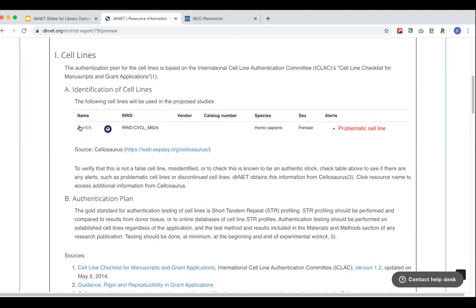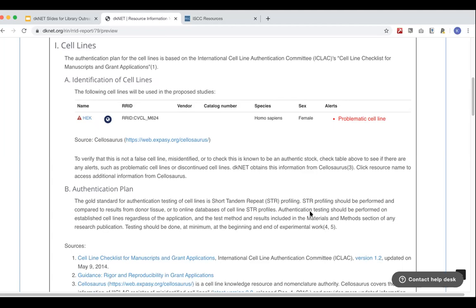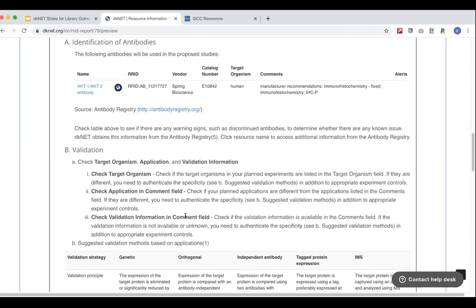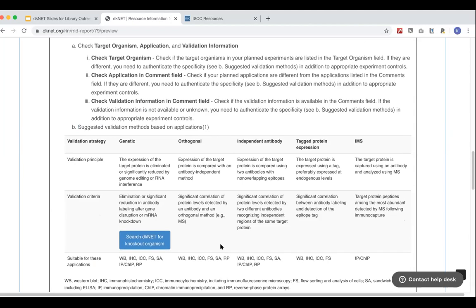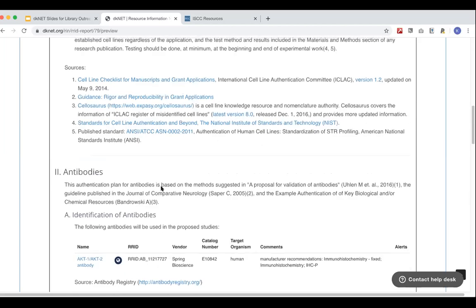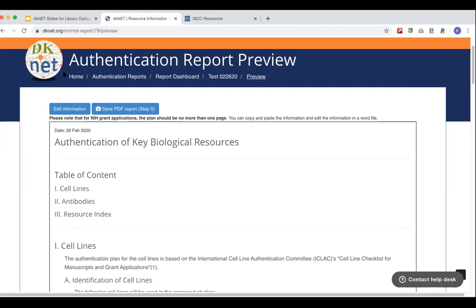We provide identification of cell line information and then how the authentication plan should be done in their lab. For antibody, we also provide different validation principles based on the paper published by Uhlen. So researchers can use this language and report while submitting their proposal.